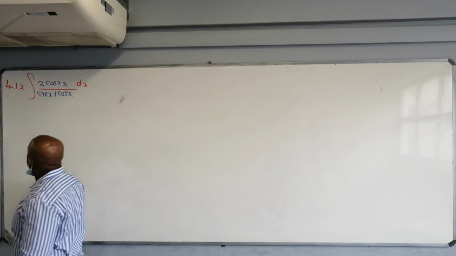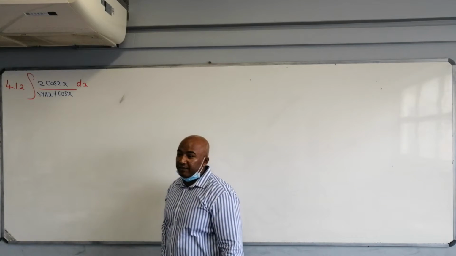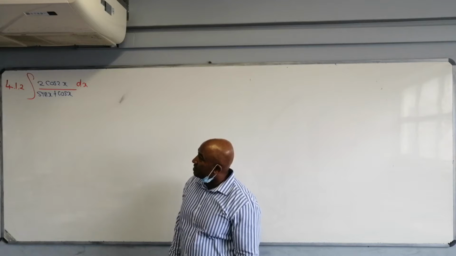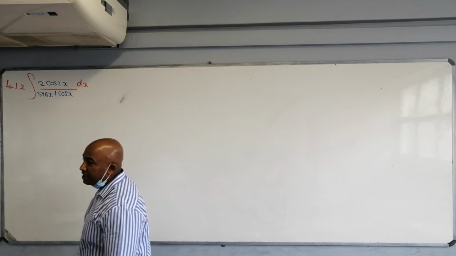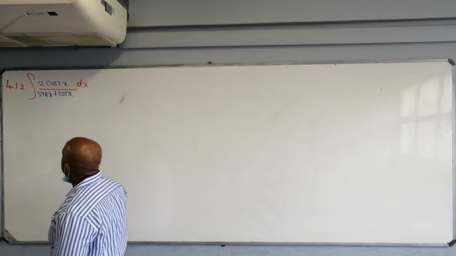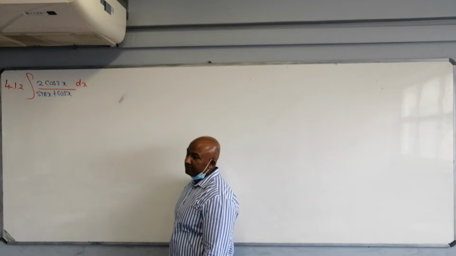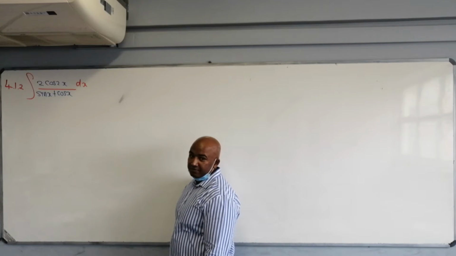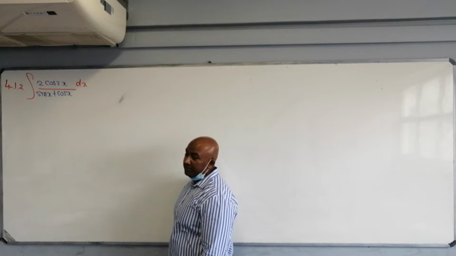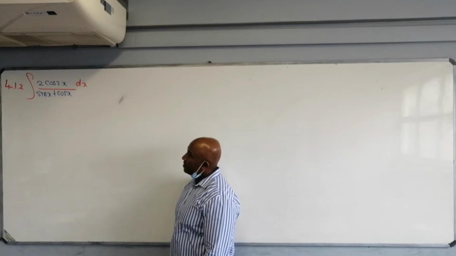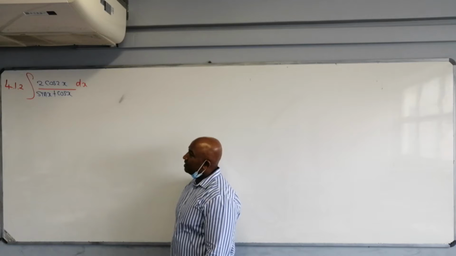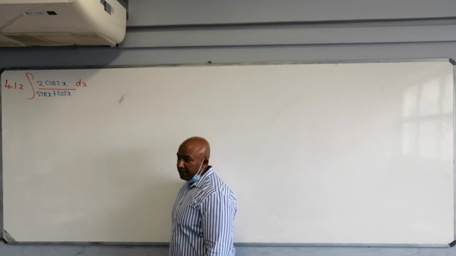Our next question, we need to integrate 2 cos 2x divided by sine plus cos. Now, this is a fraction. Is the numerator an exact derivative of the denominator? What is the derivative of the denominator? You got sine x. If you differentiate sine, it's cos. Differentiate cos, it's minus sine. So you got cos minus sine. And the top is not cos minus sine, it's 2 cos 2x. So,